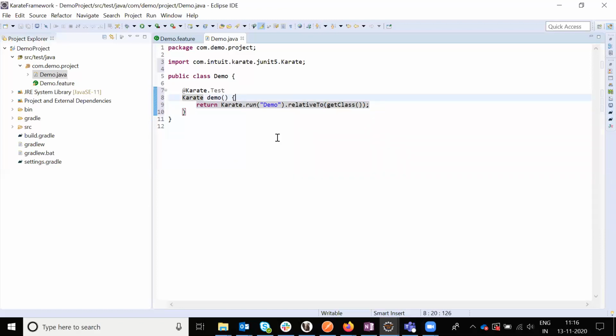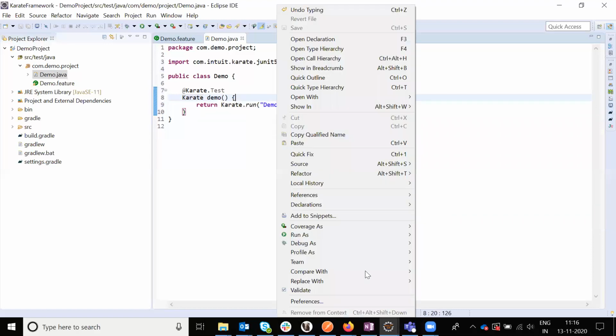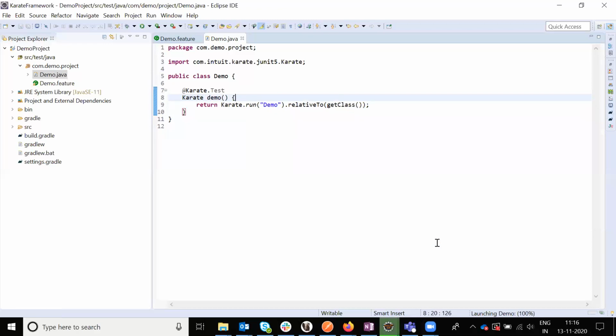Now I'm going to run this one using JUnit. See, now it is launching this one and it will showcase.